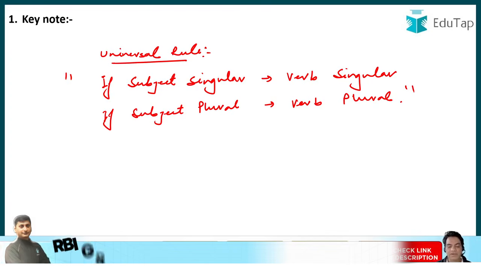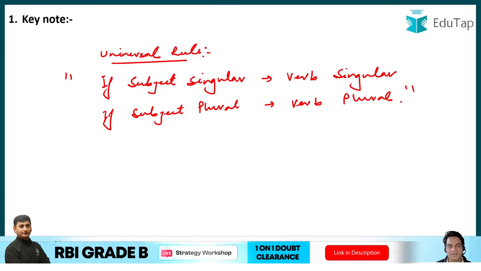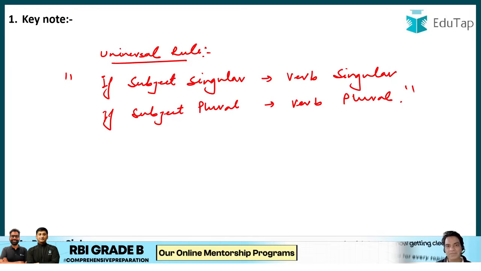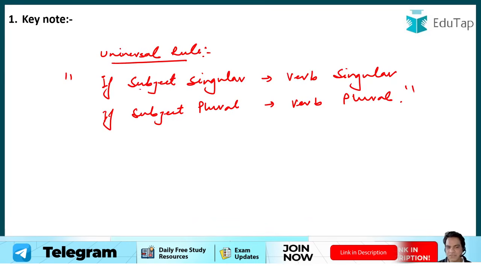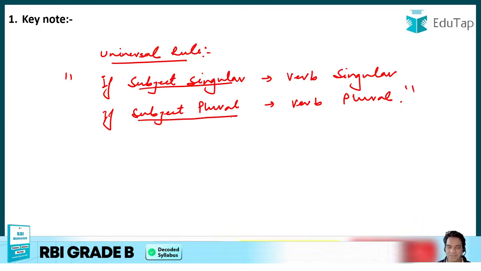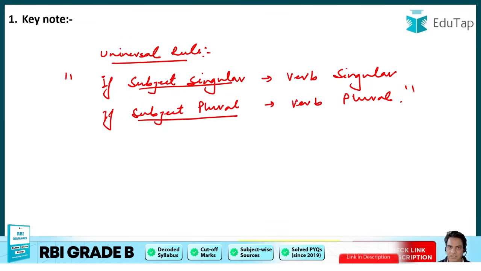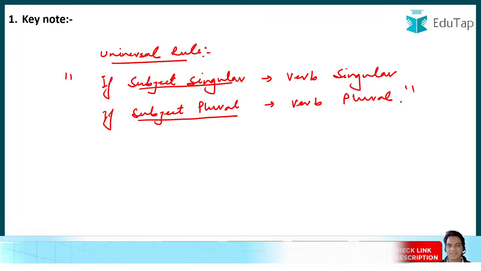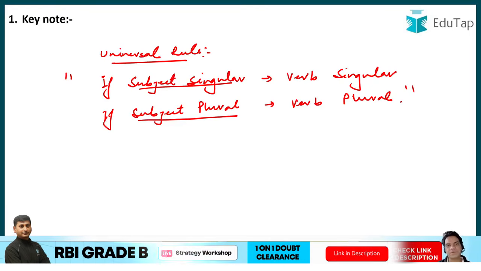Simple, right? What do we use with India? India is or India are? India is. But what do we use with Indians? Are. Why? Because India is a singular noun and Indians is a plural noun. So please remember, guys, from today onwards, we need to look for the subject first. That is why it is called the owner of the sentence. So whenever you read, write, listen to or speak a sentence, you have to remember the importance of the subject in the sentence.